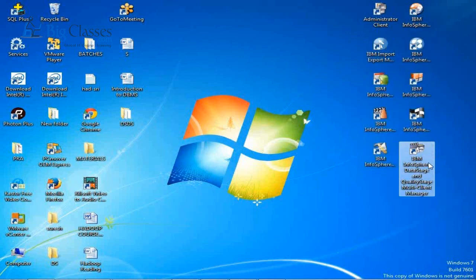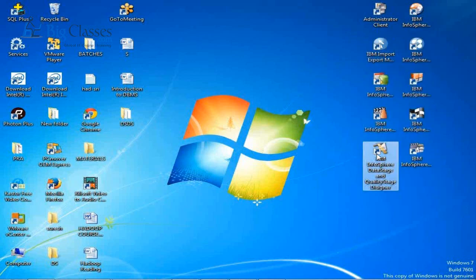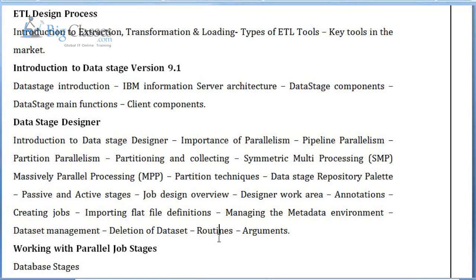Especially among these clients, we will be starting our session training with the first, IBM InfoSphere DataStage and QualityStage Designer. That's the client where we are going to do job development. When we are doing the job development environment, we'll have an introduction to DataStage Designer. What are the parallelism components? Partition parallelism, pipeline parallelism. What is MPP, the massively parallel processing environment? And